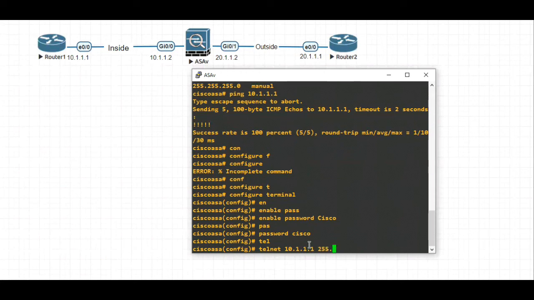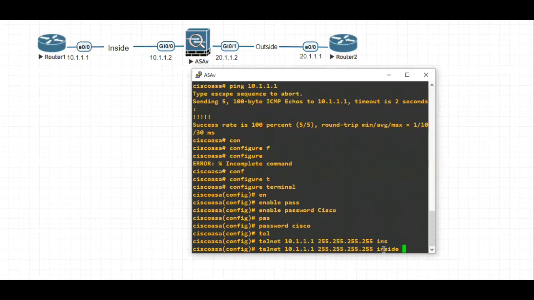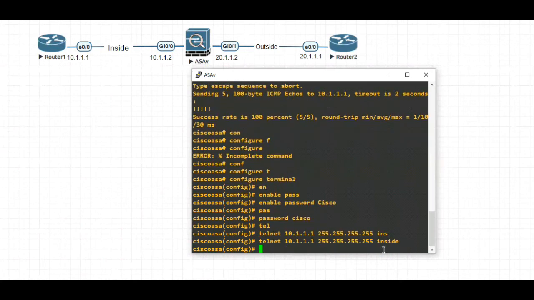It is 255. I will take, this is for the host, so I will take 255.255.255.255. Okay. And this is for inside, right? Okay. So now we configured for the inside, and let's check